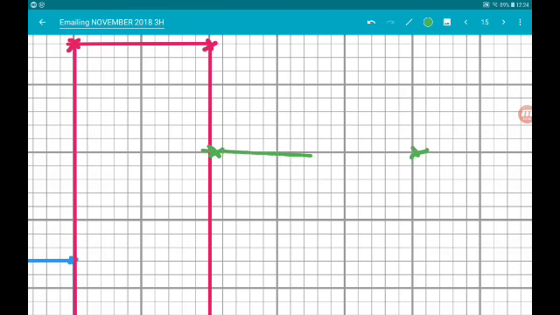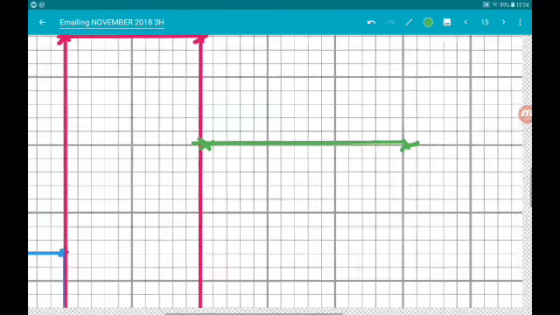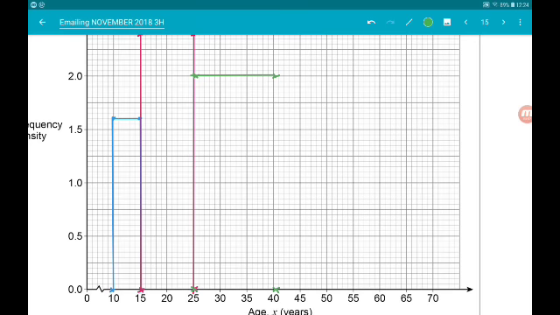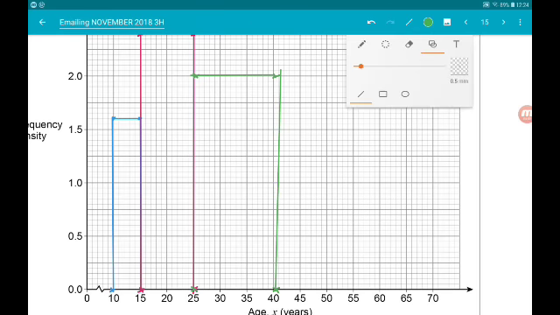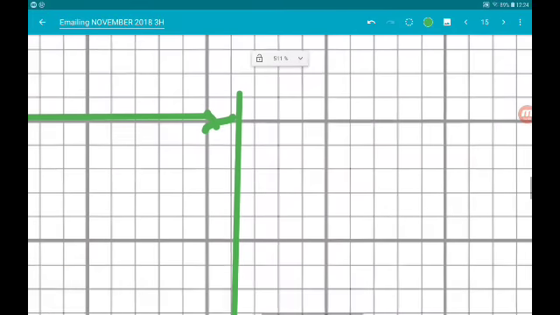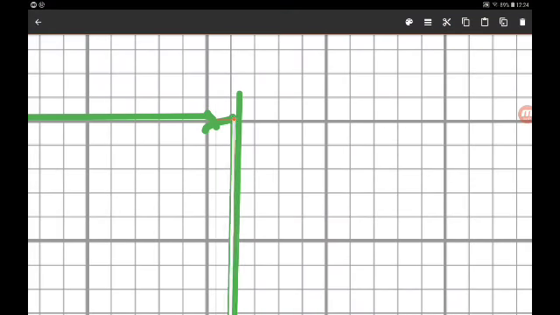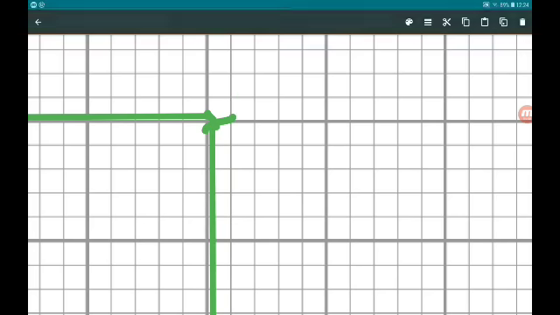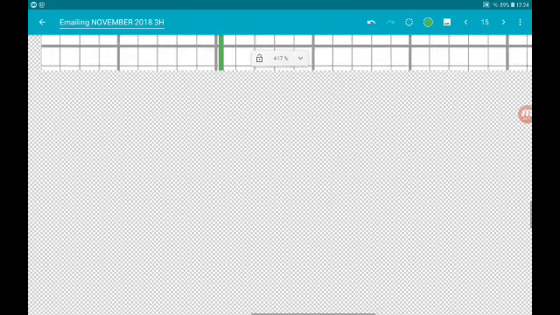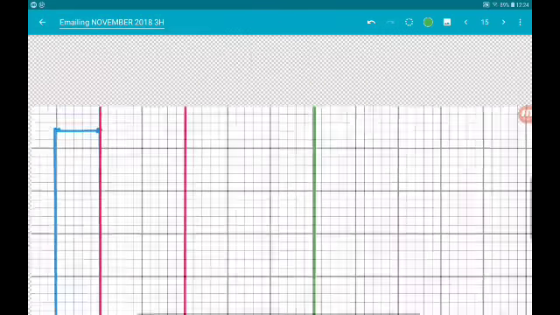Okay. That, and then okay, there's our third bar, and then for the final one,